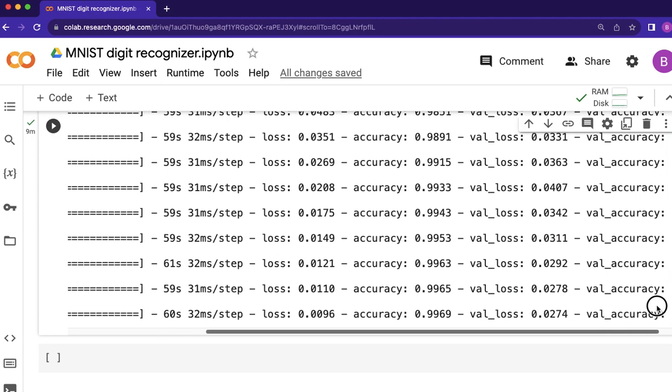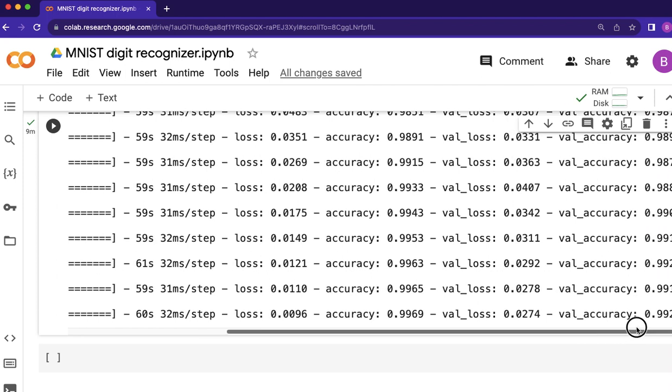So this is validation loss and validation accuracy, and you can see validation loss is 0.0274 and again validation accuracy is over 99%. So now